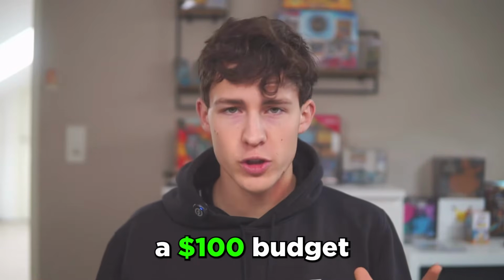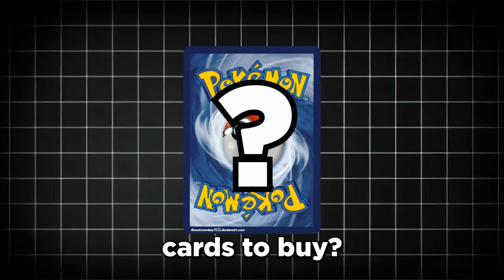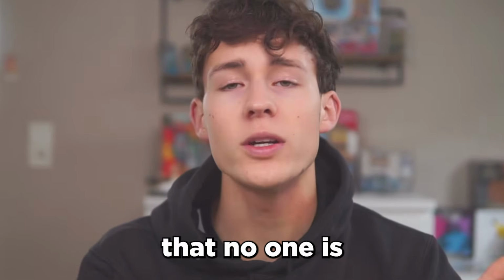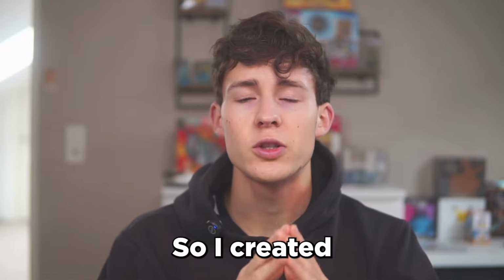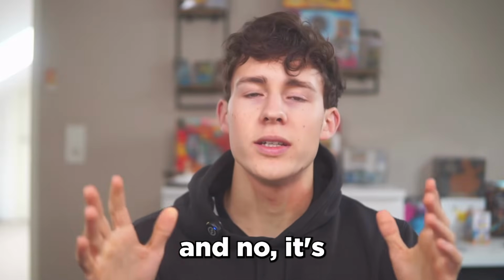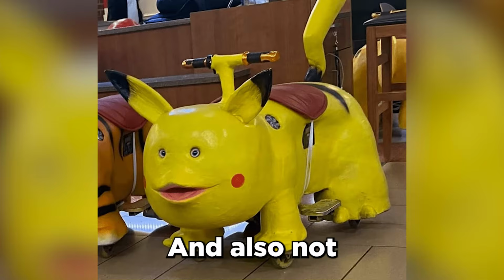If you had a $100 budget, what would be the best Pokemon cards to buy? Even though Pokemon cards are really expensive nowadays, there's still a lot of cards that no one is talking about and are really underrated. So I created a list of cards and sealed products you can buy with only 100 bucks. And no, it's not just a lot of junk that nobody wants to have,